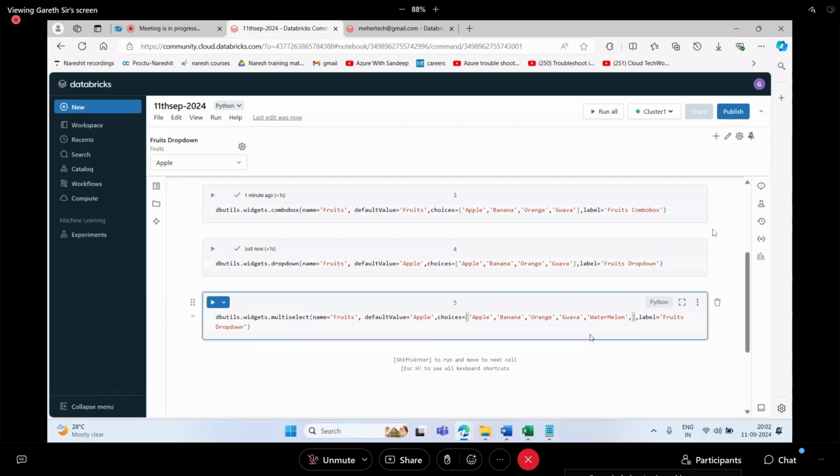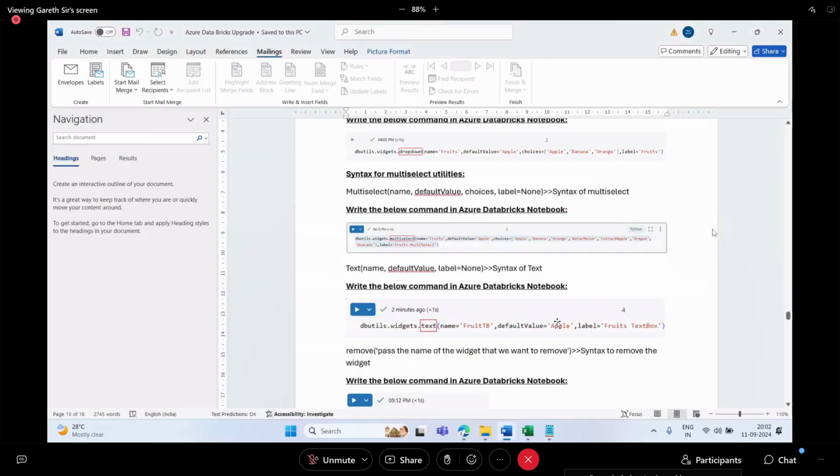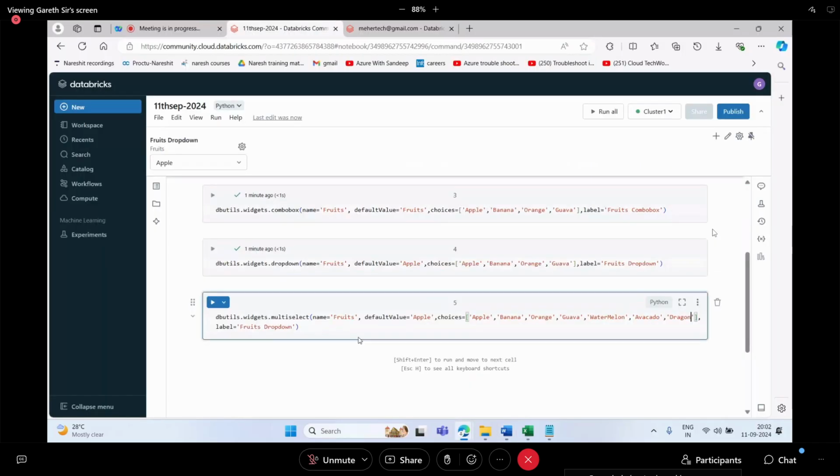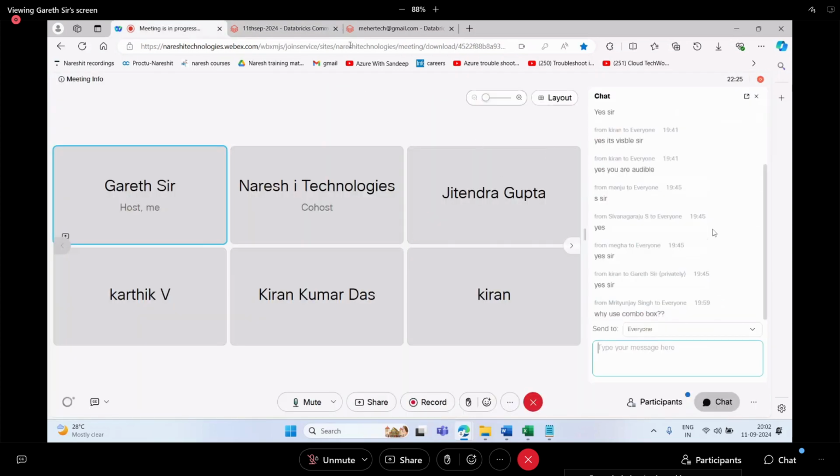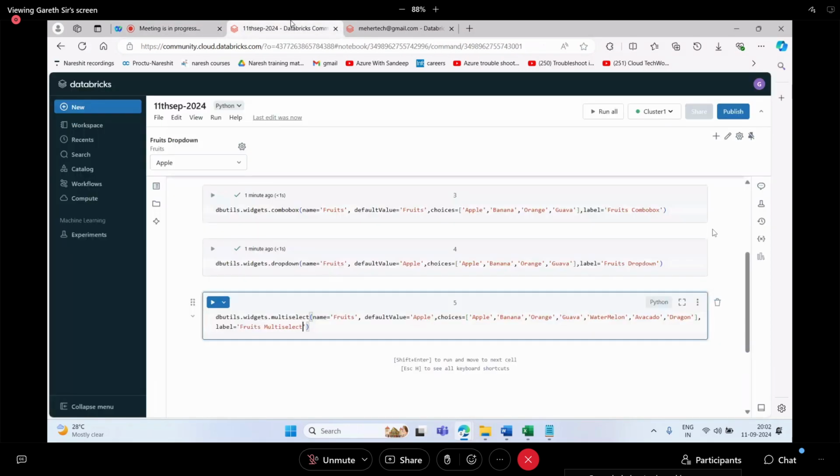What else is there? Avocado. Dragon. And label name, I can give label name as fruits multi select. Okay, fine guys. I told Mitrunjay just now, I told right. So when you execute this one,